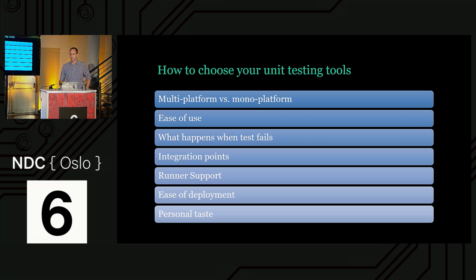And integration points. Sometimes I suggest using Google Mock because it comes with Google Test and they are well integrated together. And because there was no option before that, before 3 years ago. But integration points are important. Runner support, how to run the tests and how easy to deploy. And finally, personal taste. Some people like what I showed you in Metal, especially in C++, all those templates and lambdas. I can find the charm in it. And some people prefer a Microsoft way of defining the class and then defining the methods underneath. Some like features, some like sections. It's up to you to decide.